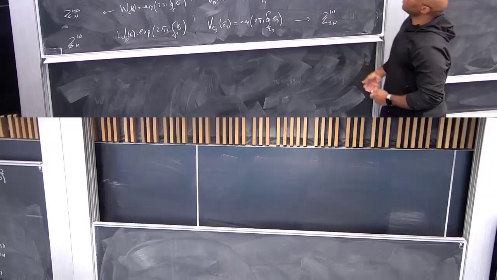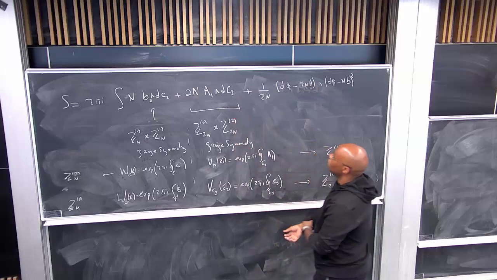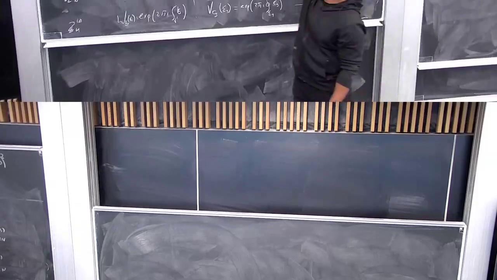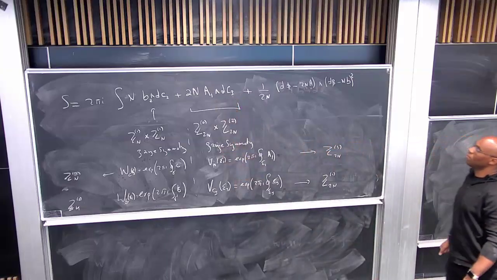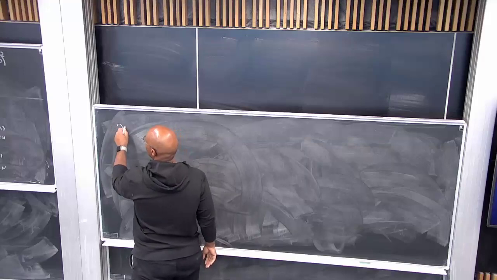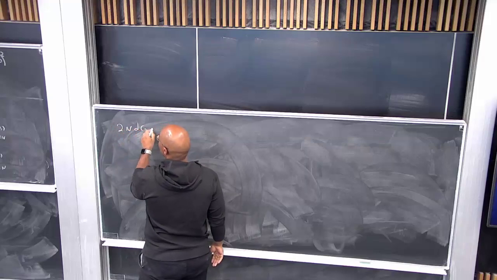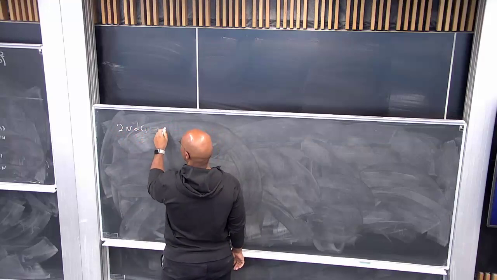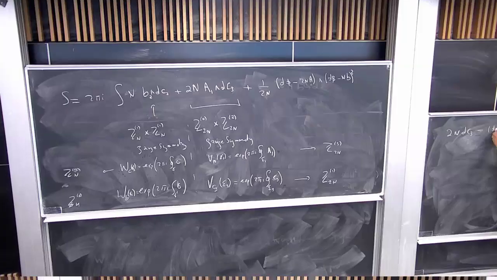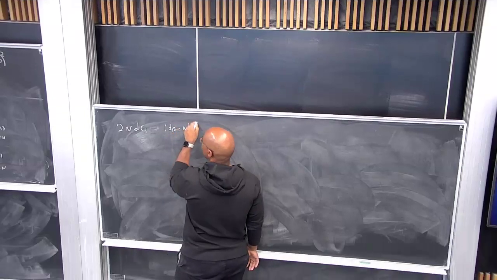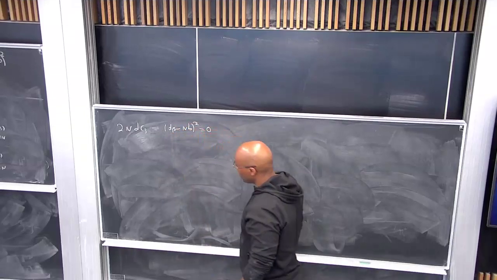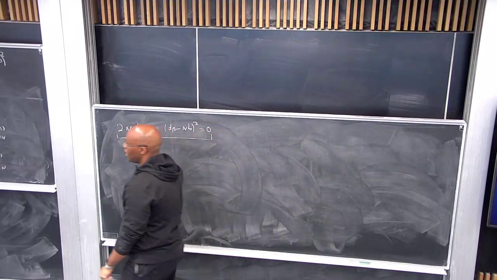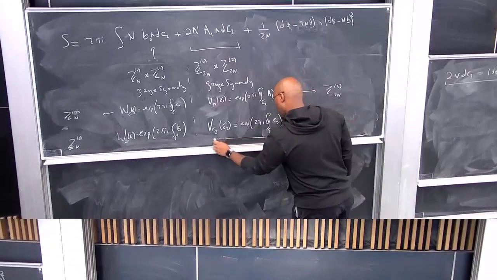If I look at the equation of motion, for example for A1 over here, I would get an equation which would be 2n dC3 minus d beta minus n b squared is 0. Okay, so what this equation tells us is that if I look at this operator here, which I constructed beforehand,